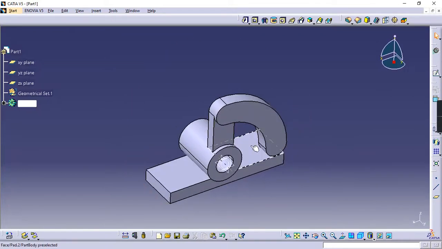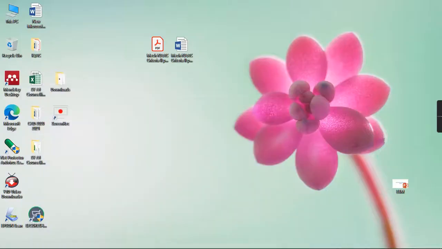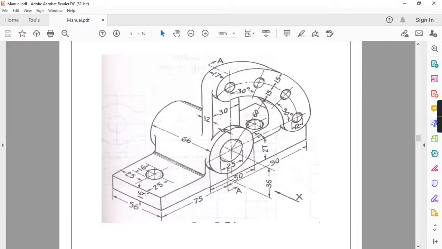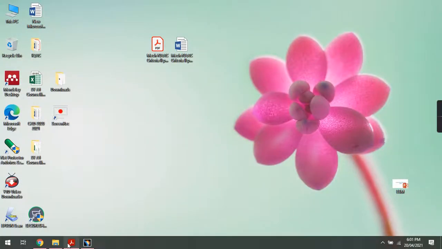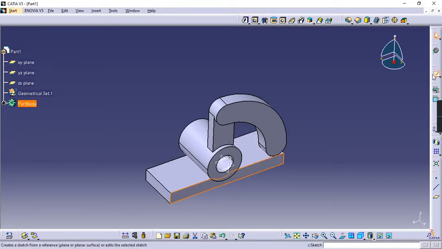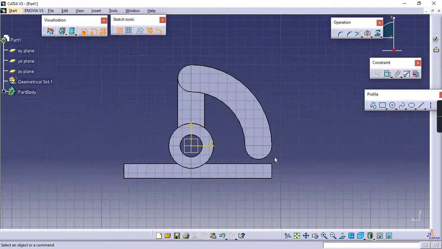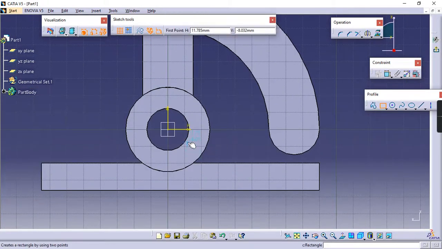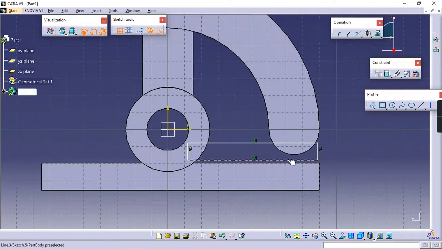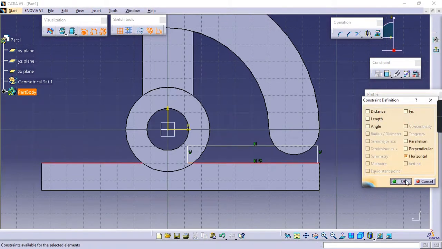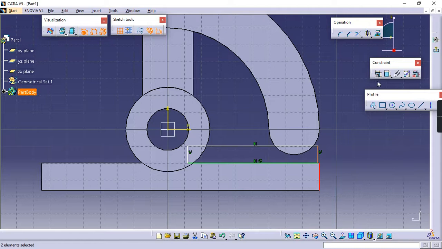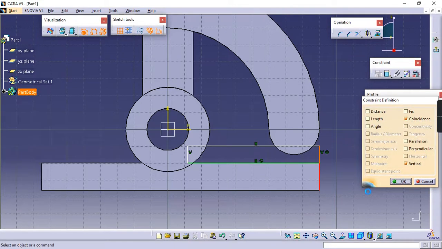Now you have to draw the next part, that is this. Here it is 16, here it is 27, so 11 material you have to add and pad by 12. This is not whole depth but to the 12 only, so 11 and 12. So take this face, go for sketcher, again draw a rectangle, draw somewhere such that select this, press Ctrl key and select this edge, both must be coincident. Select this edge, line and edge, both must be coincident.